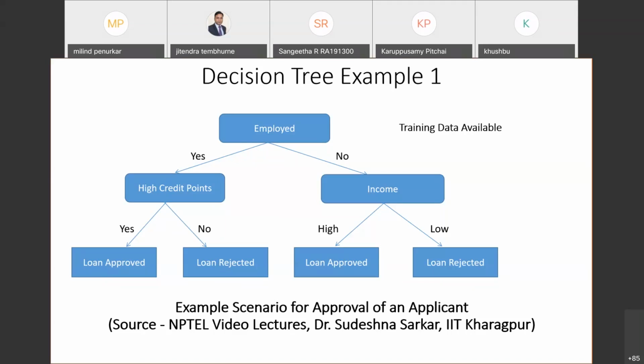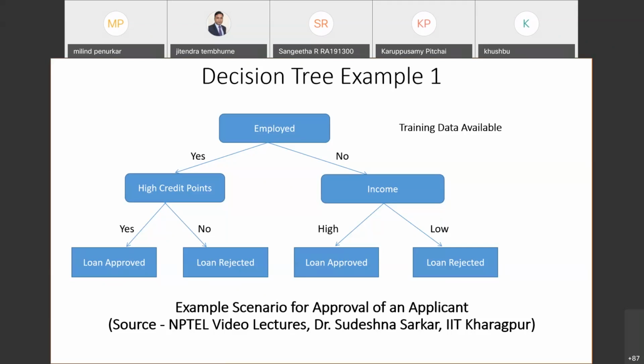Let's say this data, or these attributes, are available with me. But that doesn't happen on day one. As you know, data takes some time to generate. It gets generated over a period of time. And given this particular data that is available over a period of time, what I would like to predict